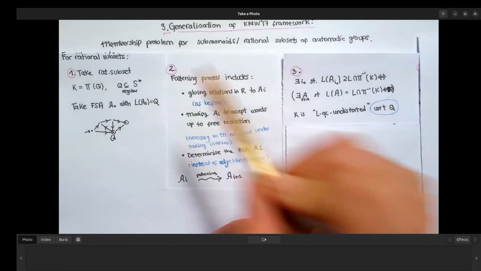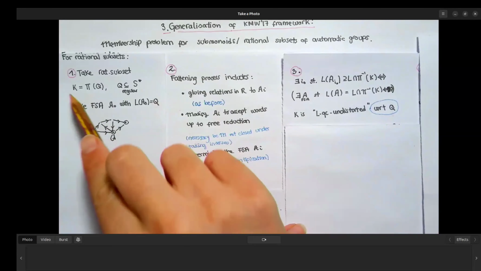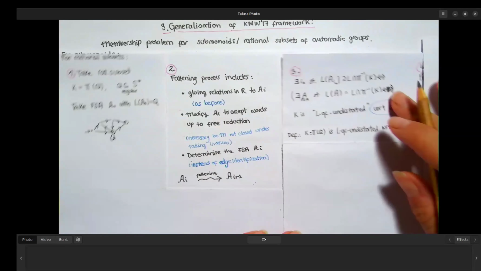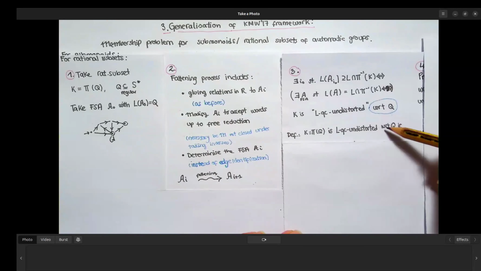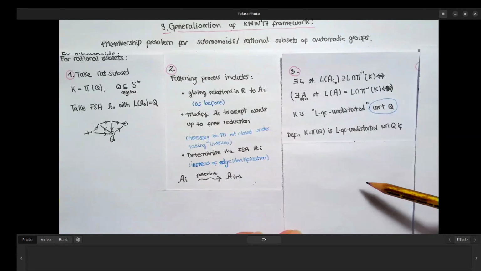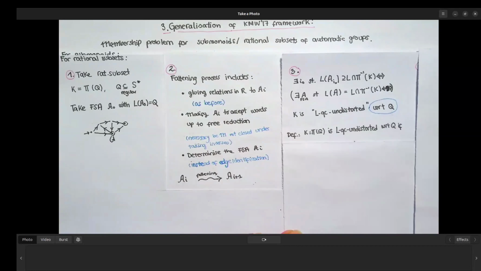Remember, Q is the regular language that we've chosen to describe the rational subset K. And the definition is the following. It's going to be a bit stronger than the previous one because rational subsets have less structure than submonoids. So we say that a rational subset K is L quasi-convexly undistorted with respect to Q if